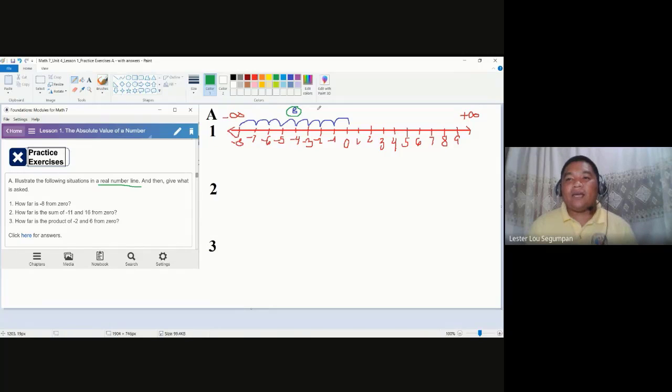Even if you are going to talk about, for example, how far the submarine is from the sea level, you say we are negative 5 kilometers below sea level. But if you talk about distance, you could just simply say we are 5 kilometers below sea level. A distance is always positive. There's no negative distance. So even if the given is a negative number, when you look at how far that number is from zero, you take the positive movement of it. That is the main foundation of the absolute value of a number.